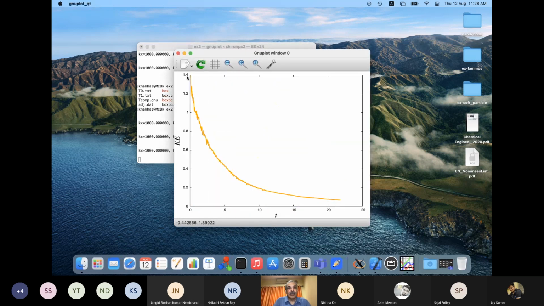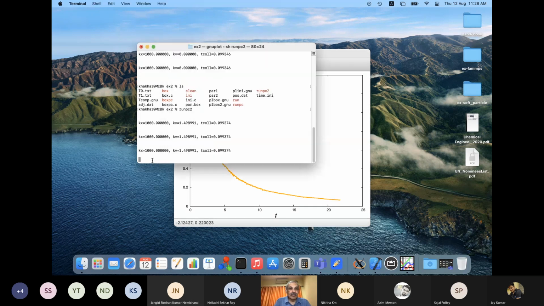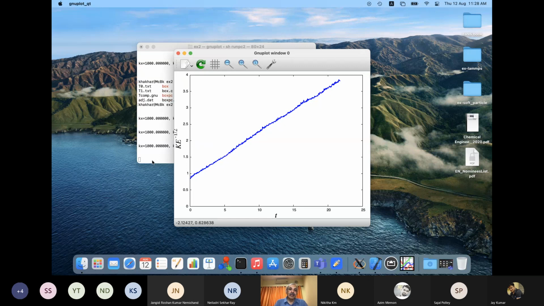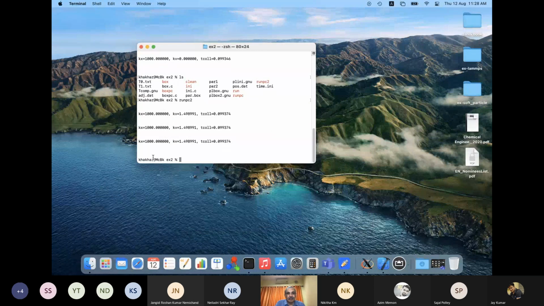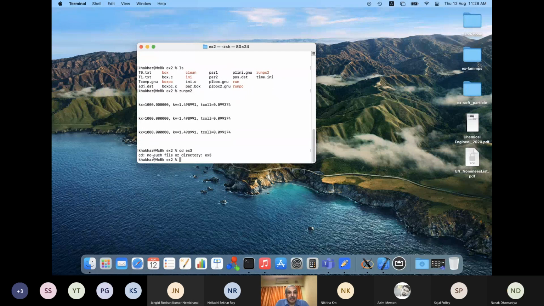See, kinetic energy has fallen from 1.4 to something very small, about 0.07. But if you plot kinetic energy raised to power minus half versus time, you get a nice straight line. And then if you look at